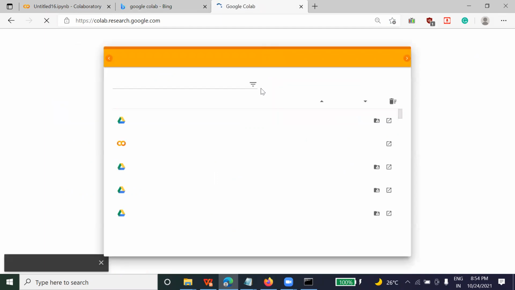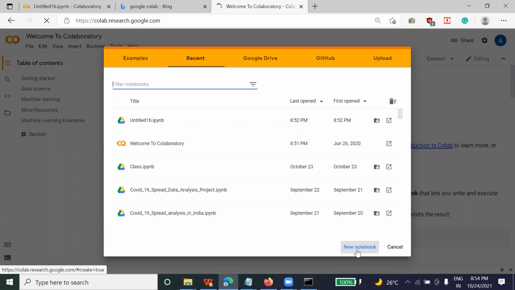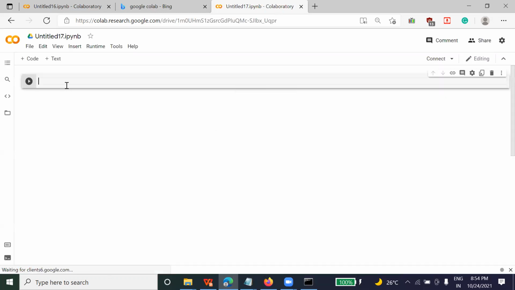Once you click on that and log in with your Gmail, it will open like this. You just click on new notebook. Once this new notebook is open, you can start writing the code here. Like here, print, suppose I'm writing my name, Amar, and in order to run, you just have to click here.